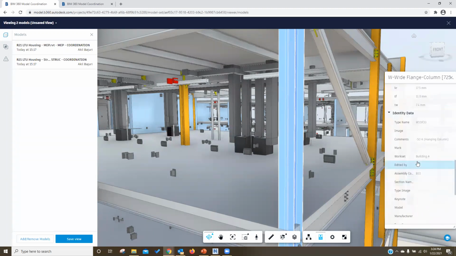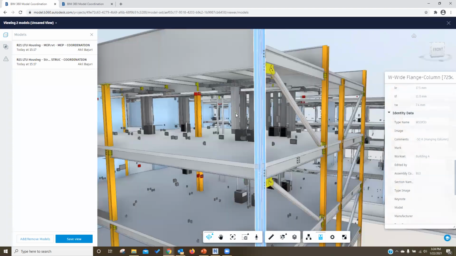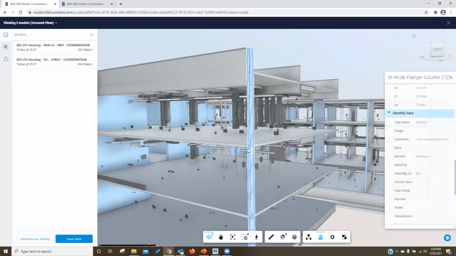So it's pretty much the same information that you set up in Revit and any other 3D software like AutoCAD 3D, Plant 3D or Advance, and so on.